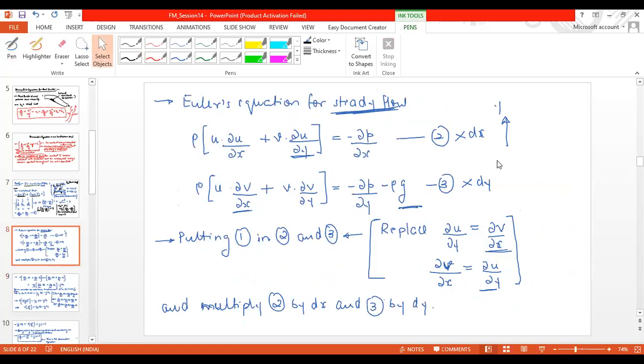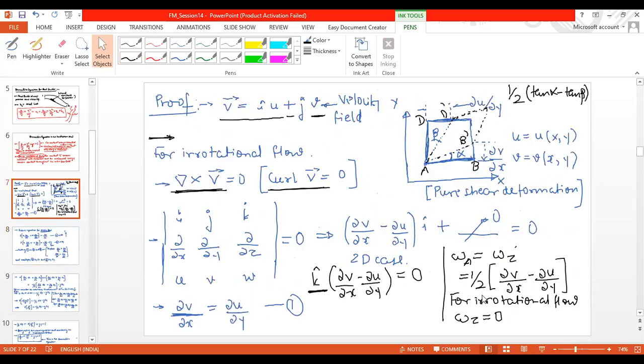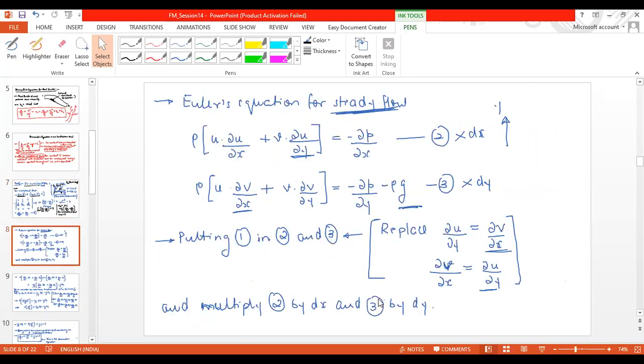Shall I repeat here? This might look complex to you. So that's why I'm going slightly slowly. Here I have done nothing. Here I have just taken the Euler equation in the x direction and y direction. And then for irrotational flow, I have concluded that this component of velocity, this angular velocity, is nothing, so this should be 0. If this is 0, then the flow is irrotational. Then I'm going to this one.